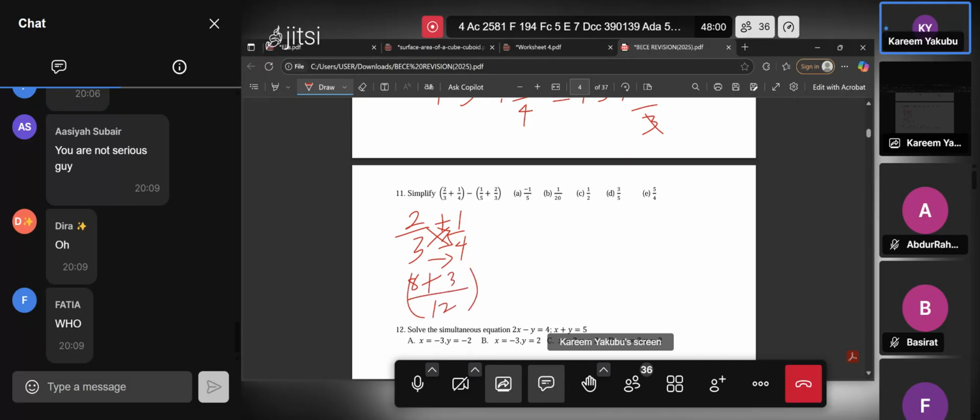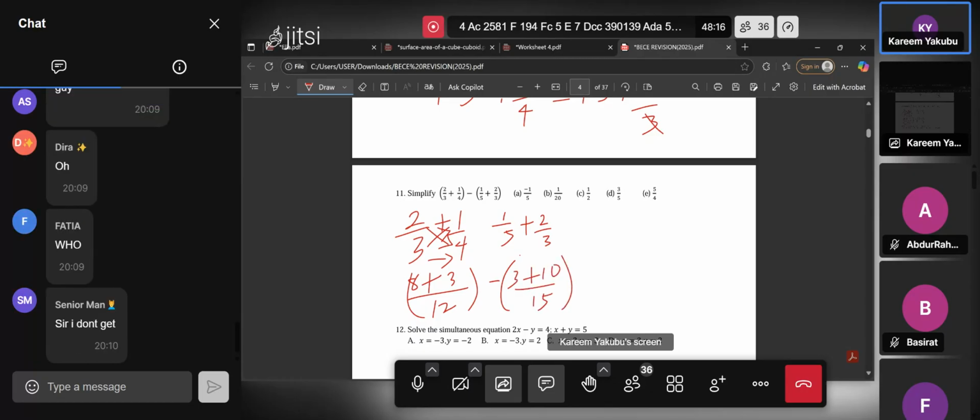We close, that's what we have in this one, minus the other one, 1 over 5 plus 2 over 3. The same butterfly method is going to be 3 plus 10 over 15. So from here now we have 11 over 12